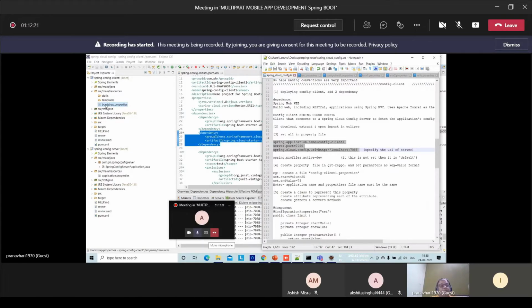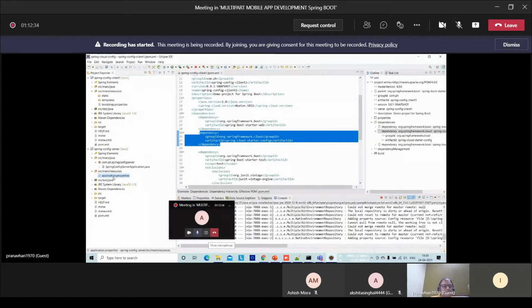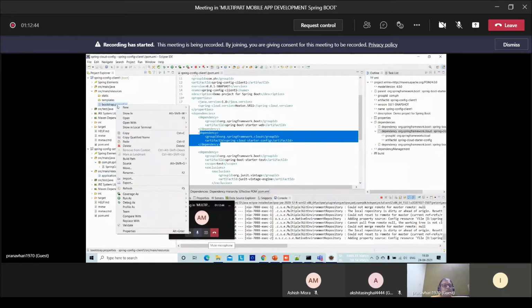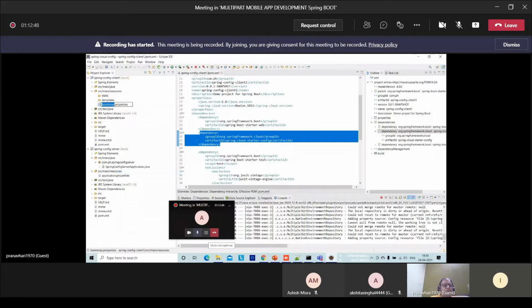Later on, we will change it to bootstrap. Now I'll show you. I shall change from bootstrap to application, then you will come to know what is the difference. Let me rename it to application, which was earlier.